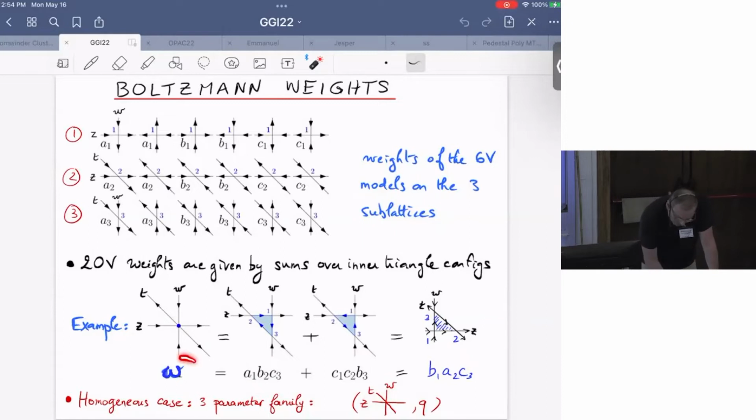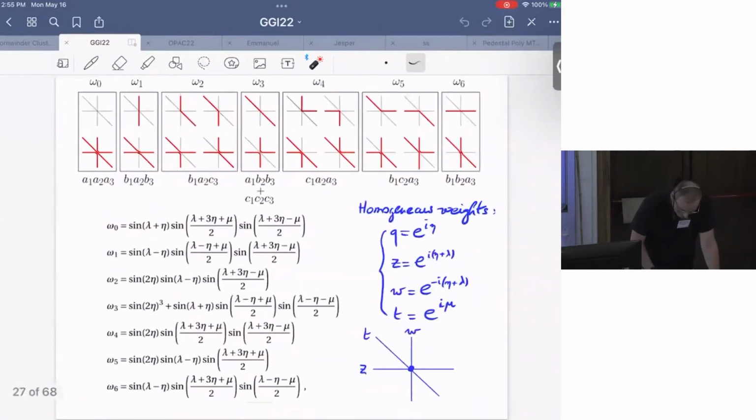So anyway, that defines for you unambiguously weights for the 20 vertex model, which will have this really nice property that you can move lines around again, right? But now you have 3 sets of lines that you can move around. So these are the weights expressed in terms of